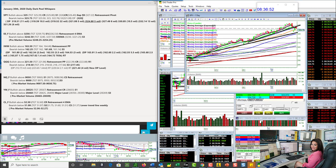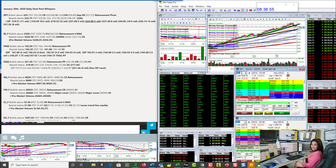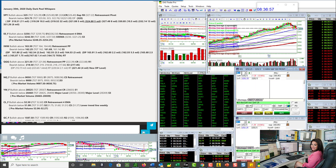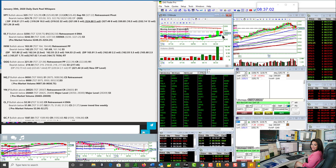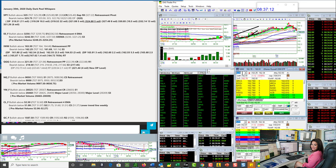Let's go to the E-minis. All right, we're going to be bullish above 3256. Looks like we just tested that and pulled back. And bearish below 3242.50 for the E-minis. Let's go to the Russell. The Russell bullish above 163.50 for a retracement trade. And bearish below